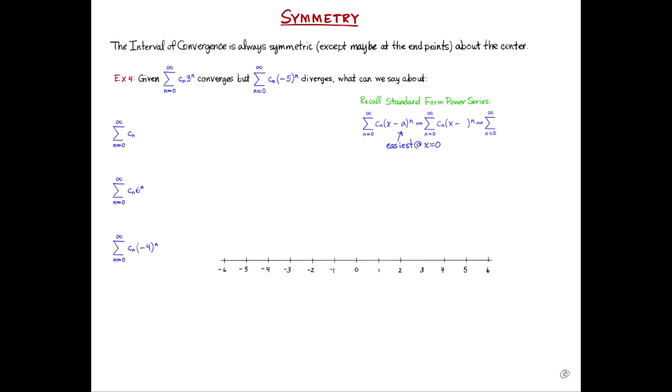That means we know that the standard form for our power series is now going to be some constant times x minus 0 to the n, which simplifies down to c sub n times x to the n. That means that when we're given the sum from n equals 0 to infinity of c sub n times 3 to the n converges,